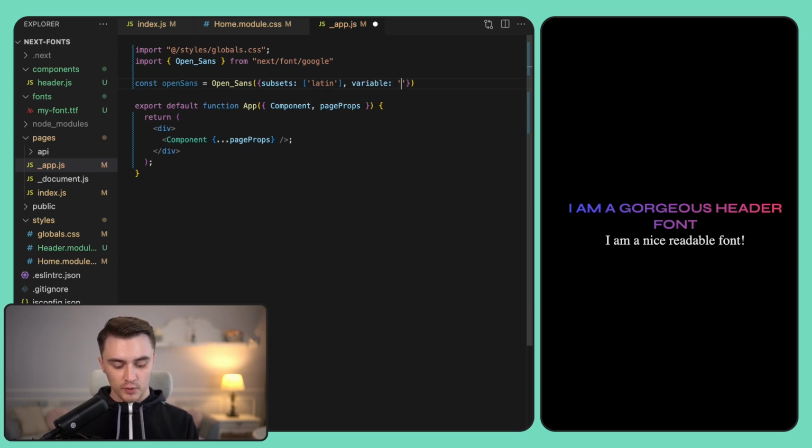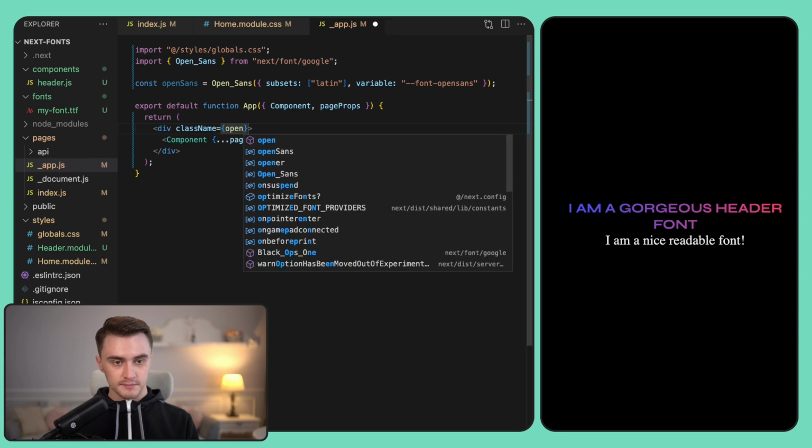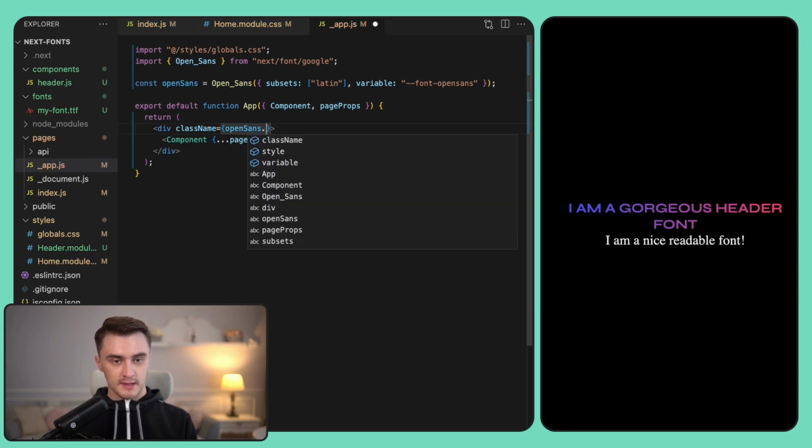This will be a string and we can call it --font-open-sans. Now we need to attach our variable to the global JSX node, which is a div in this example. We use the className prop. We use our variable, and we use the variable itself. Now we have a variable attached to the global JSX node.